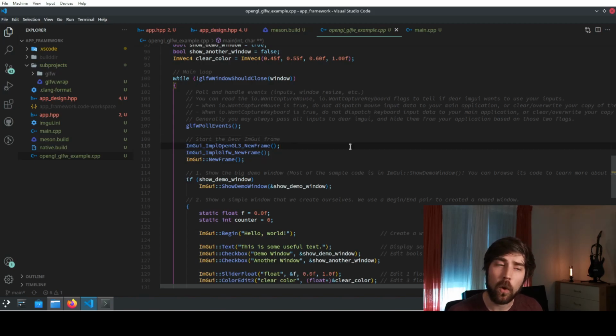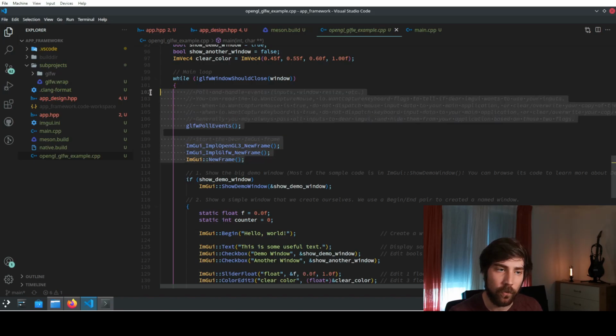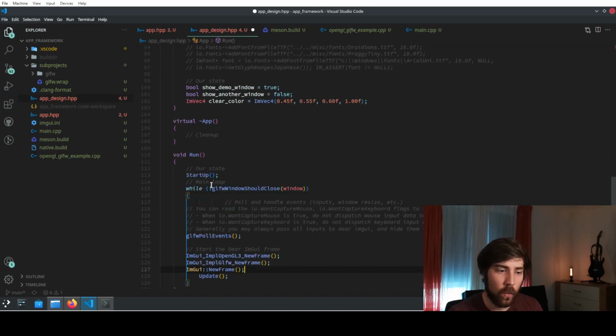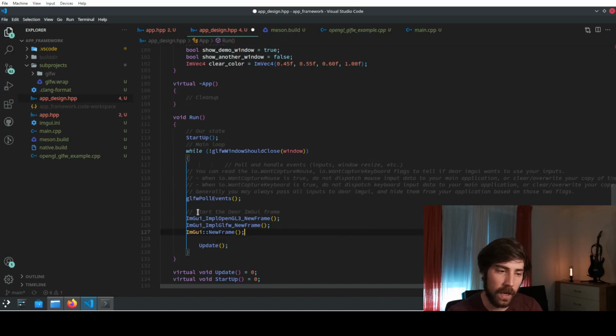But since we want to be able to draw to an actual frame in our framework, we move everything until we create the frame, which is at this point. This we move before the update,